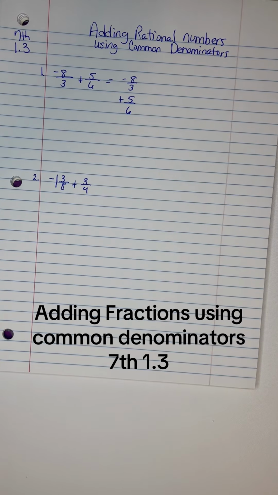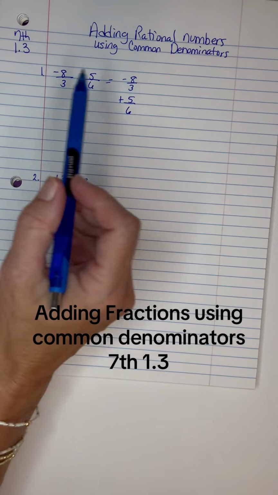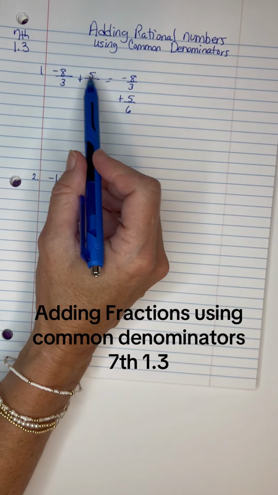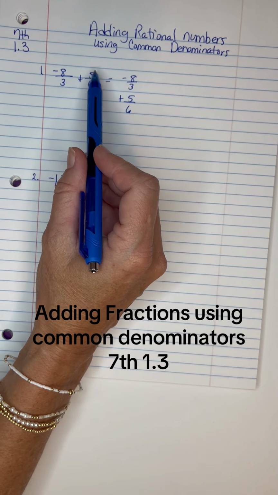All right, we're going to add rational numbers using the common denominator for 7th graders, chapter 1.3. The first time I did this, I used the butterfly method, but I think that some teachers still use finding a common denominator. What you'll do is you'll take the negative 8 over 3 plus 5 over 6 and